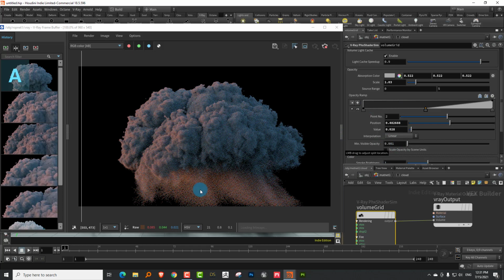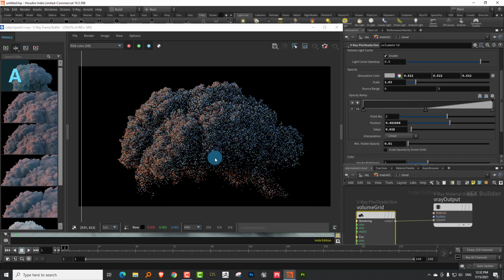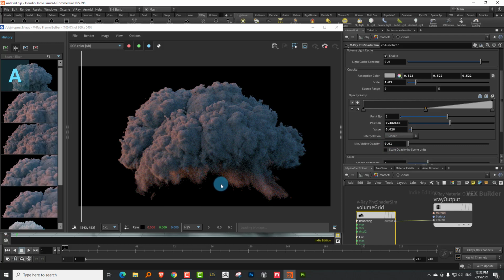See, now it's rendering these areas. But if I keep it to 0.1, it just gets rid of the ones that are too low in density. Okay. So sometimes it's nice. As I said, if the density is too low and it's eating up render time, you can just get rid of it. Because it happens sometimes that the smoke has disappeared, but your render time isn't going down. And then you realize, oh, I have some voxels in there that still have just enough density that the renderer is still working on it. So this minimum visible opacity is nice for that.